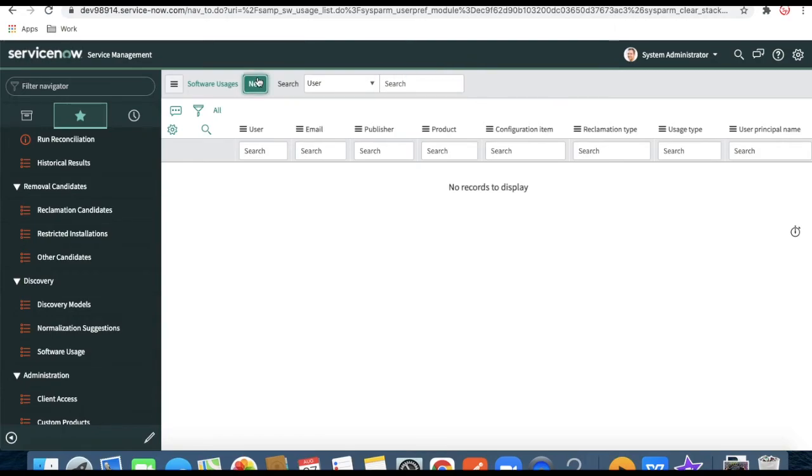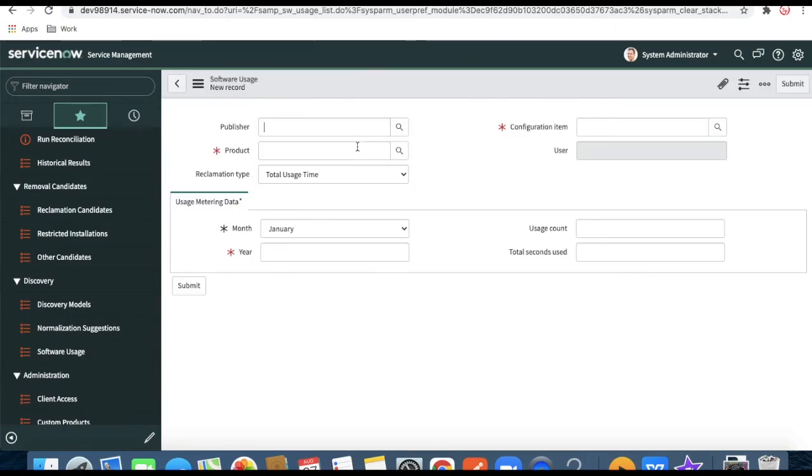In our case, if I create a new one, the product is Oracle, and the new product could be Java update. Here we have to define that there are two types: one is total usage, the other is last used date.